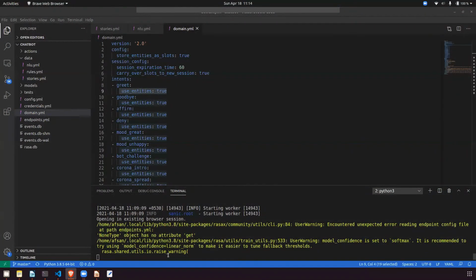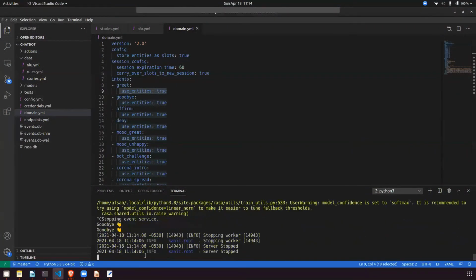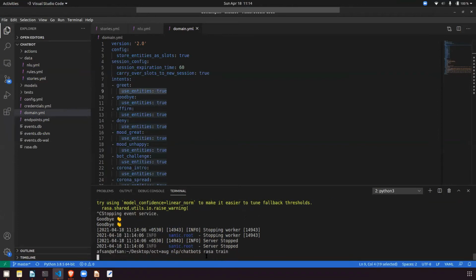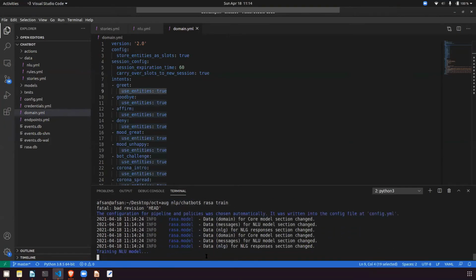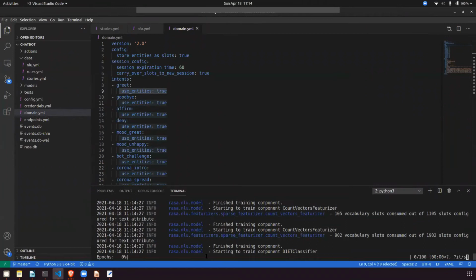Okay. So once you have done this, the next step is to train the model. To train the model, you have to type rasa train, and press enter. Once you do rasa train, see, the model is getting trained now.